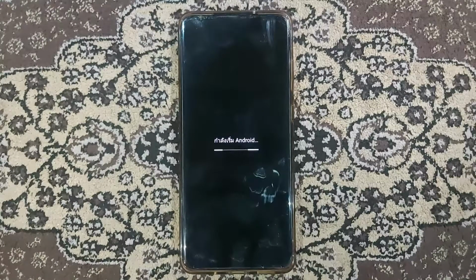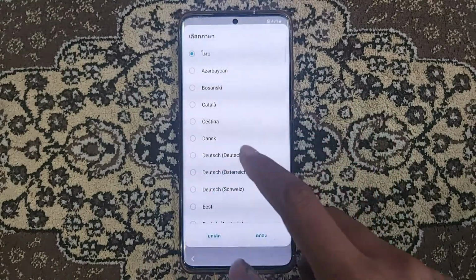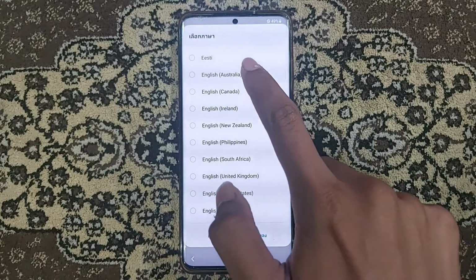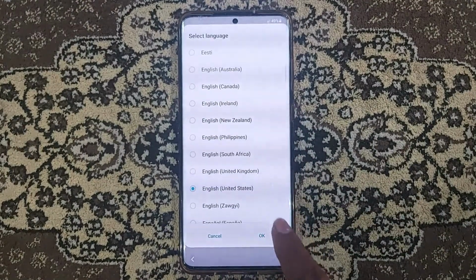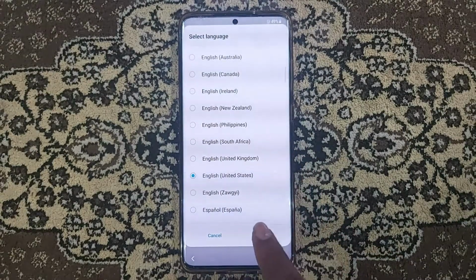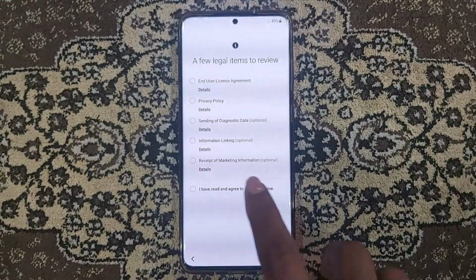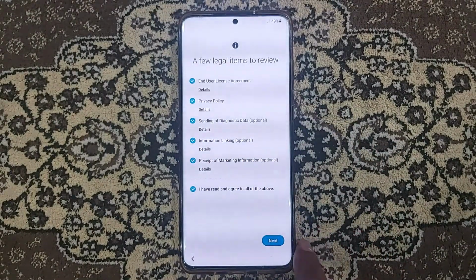As you can see guys, my phone is on Thailand, so these are the letters which you see. I will change it back to English. Once I change it and then do all these things, I think all of you will do this.